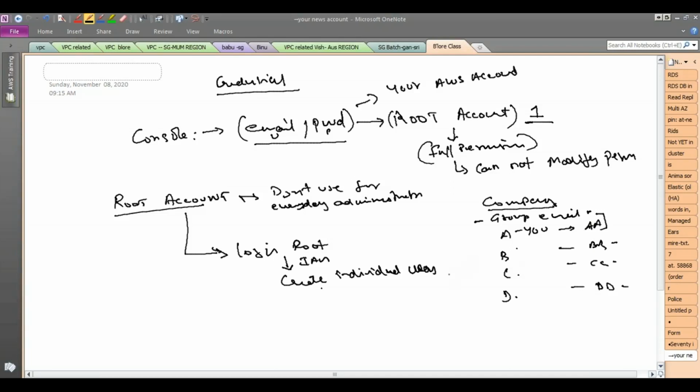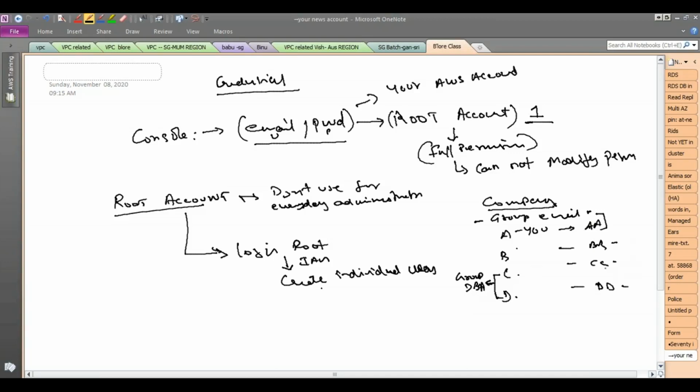So all these are free, creating users and all that is free, right? So even if C and D belong to the same team and need the same permissions, you give separate IDs for C and D. Suppose C and D are DBAs. Don't create one user called DBA and ask both of them to use the same thing. What you can do is create a group called DBA, and add C and D to the DBA group, right? Because you have to assign the permissions to the user.